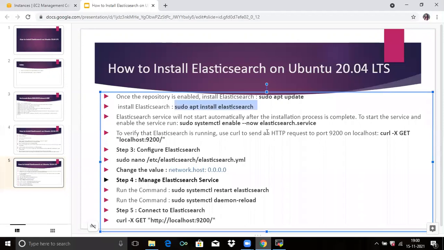The Elasticsearch service will not start automatically after the installation process is complete. So to start the service and enable the service, run this.